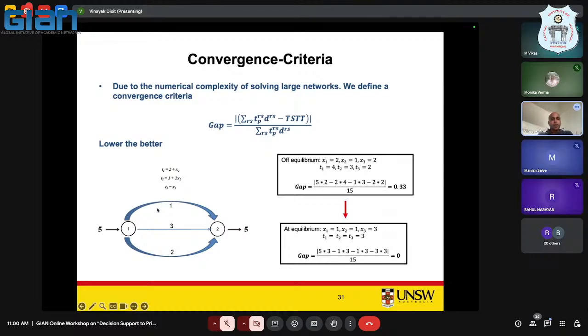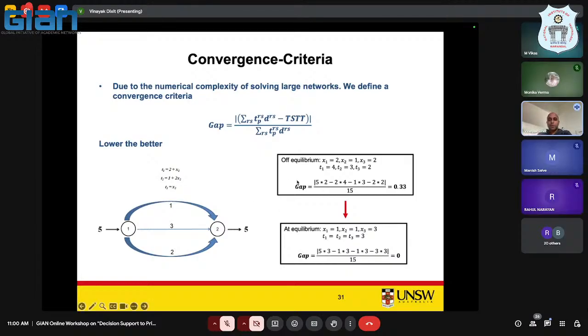Okay. Now, what is the shortest travel time? It was 2. So all these 5 should have taken 2. So that is 10. 10 minus 15 is minus 5. 5 divided by 15 is 1 by 3. That's 0.33. So the gap is large. So you're 33% off from your equilibrium,